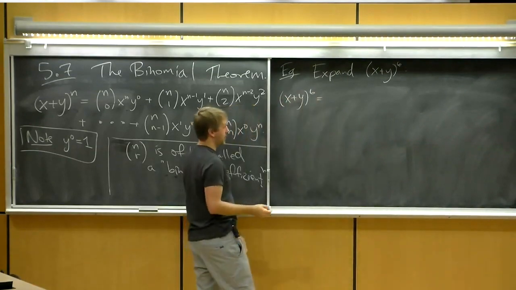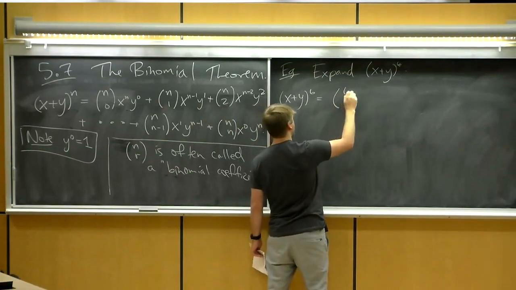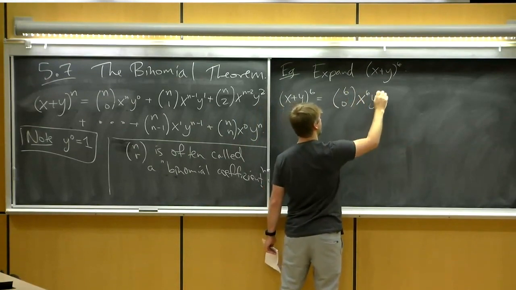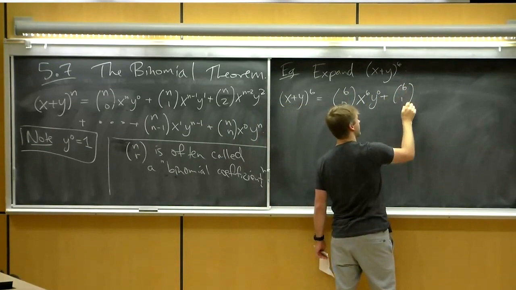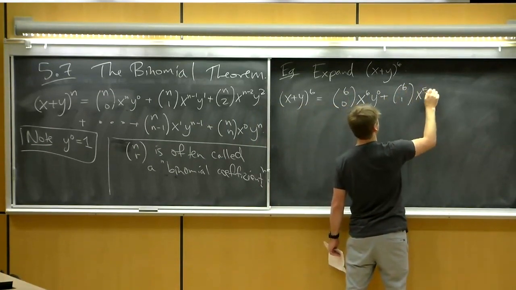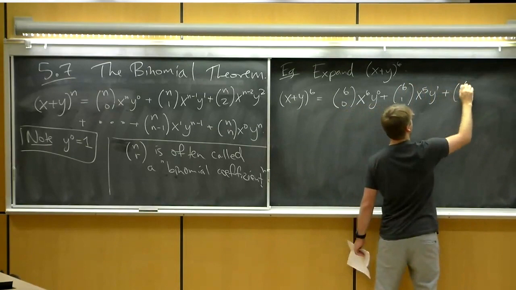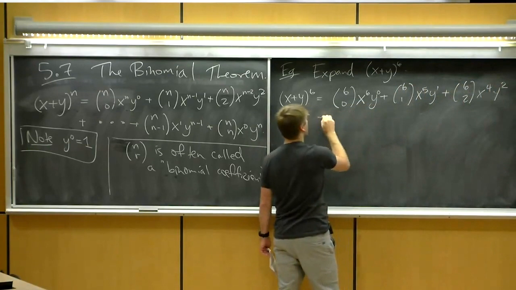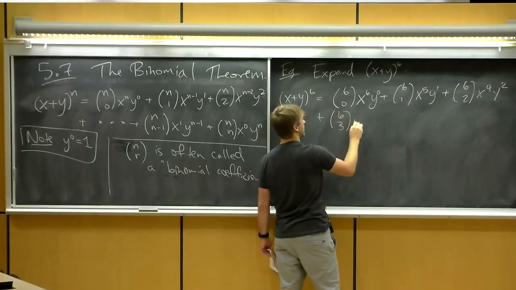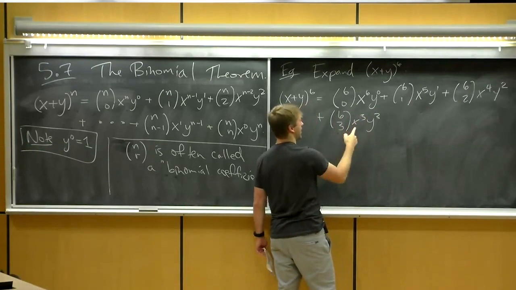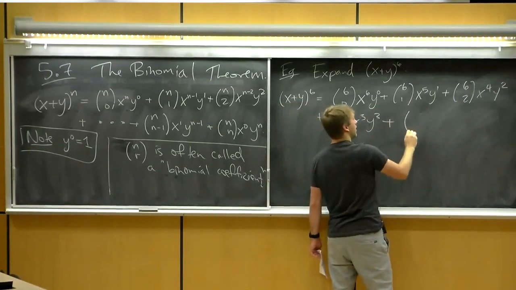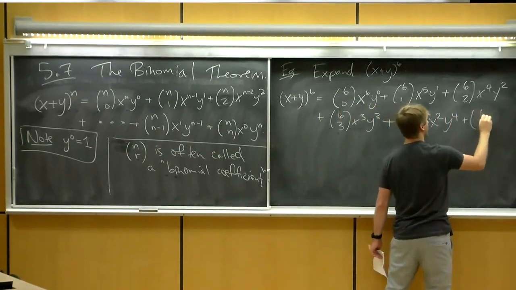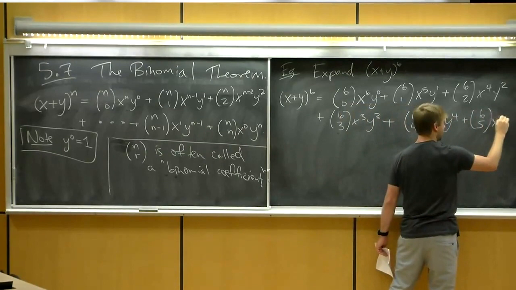So by the binomial theorem, we know that this is going to be 6 choose 0, x to the 6, y to the 0, plus 6 choose 1, x to the 5, y to the 1, 6 choose 2, x to the 4, y squared, 6 choose 3, x cubed, y cubed, 6 choose 4, x squared, y to the 4. This gets a bit tedious, but